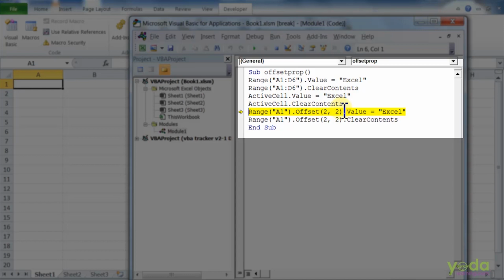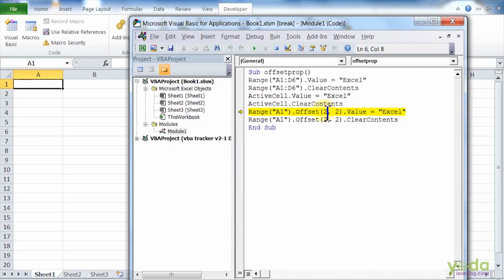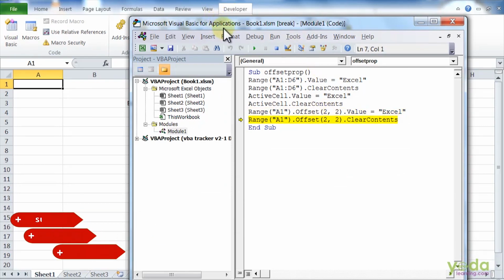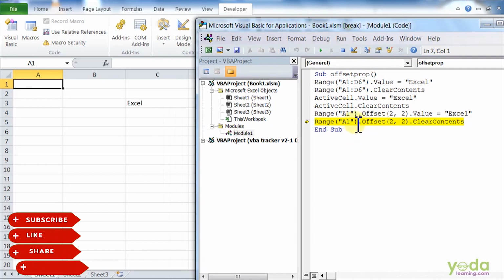My next code is Range A1 dot Offset. Now offset tells me how many rows and columns to move, dot Value, and put the text XL into it. Now let us check how it works. I'll press F8. Now when I pressed F8, it counted the number of rows and columns below A1.